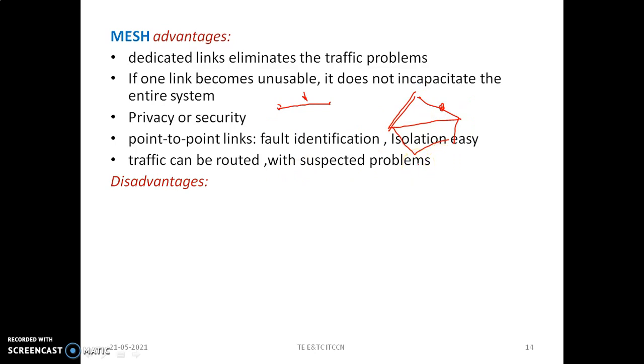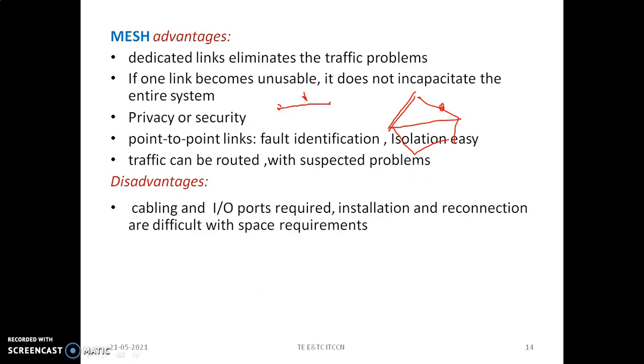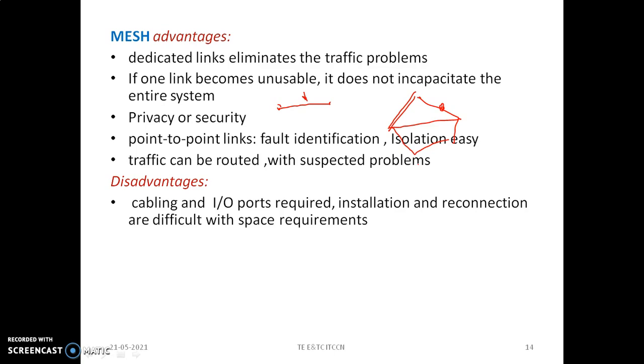But of course there would be some disadvantages also, as it is providing us many advantages. What kind of disadvantages can there be? Now we have seen every node is connected to n-1 nodes. Same is the case for every node. So there can be the problem of cabling, and IO ports. So the number of ports: if a node is to be connected to 4 other nodes, then it should have a total of 4 input-output ports. Every port is bidirectional, so it sends as well as receives. So it should have 4 ports in total, input-output ports. That is why cabling and IO ports are required.